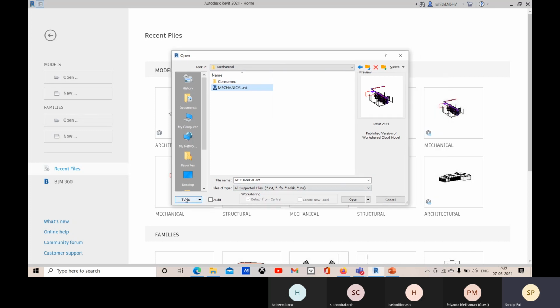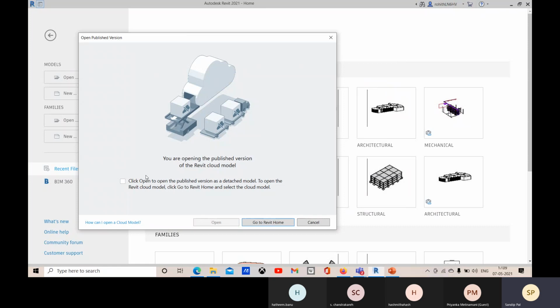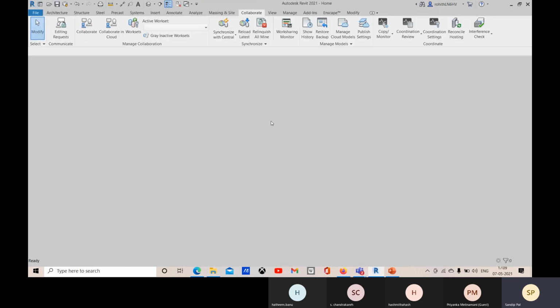So first you have to open the file as a detached model. Click on this open, and it will be opened as a detached model.